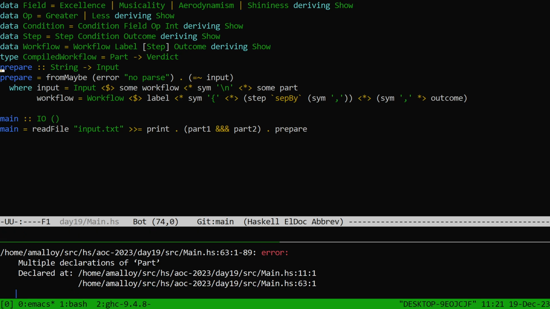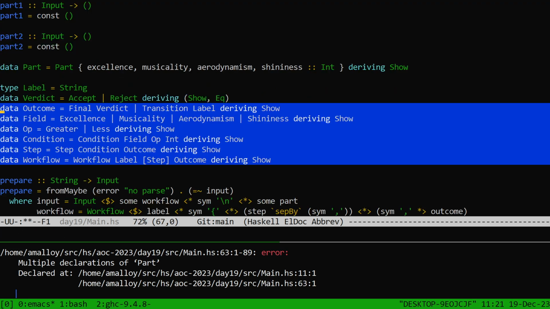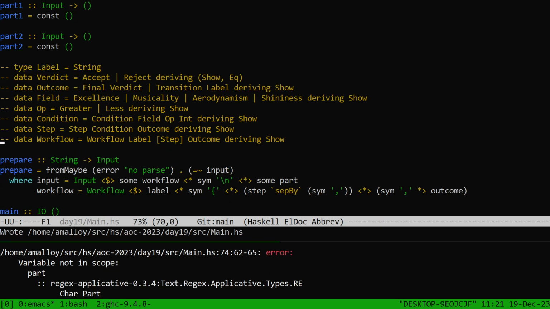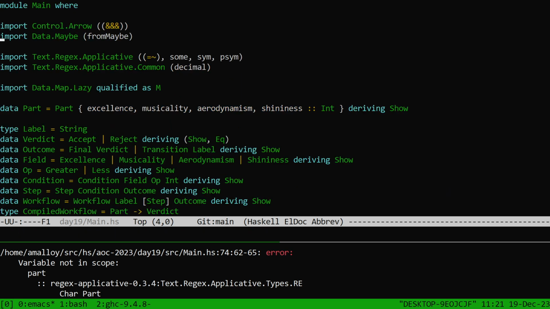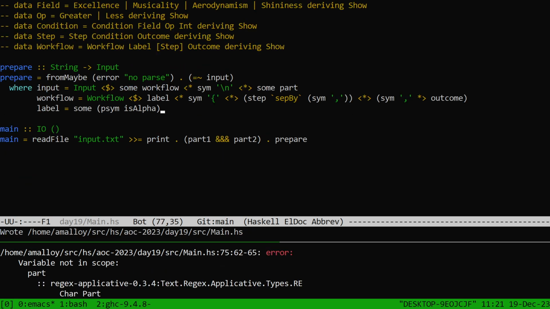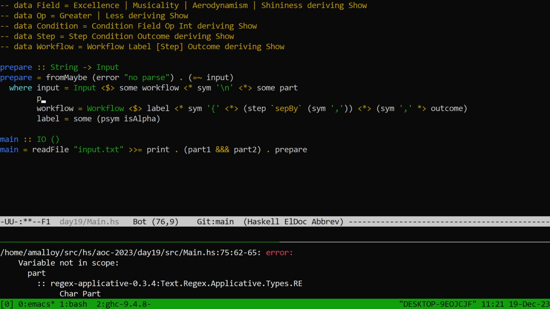Multiple okay, yes, I know. I mean, fine. First of all, I don't need that one, but there you go. Honestly, I don't even need part. Just those will do. Let's say label is easy. It's just some psim is alpha, which I will need to import from data char. Part is the one you think I should work on next, huh? Because it's mentioned here. Well, fine. Part is sort of easier, really. Part is